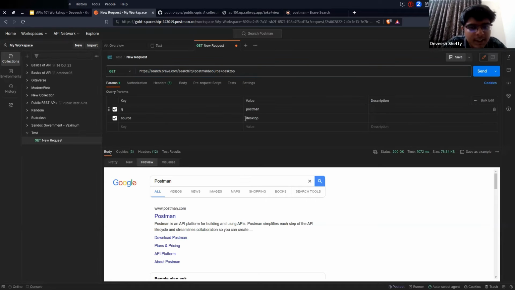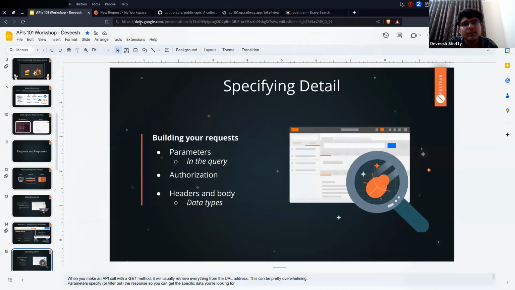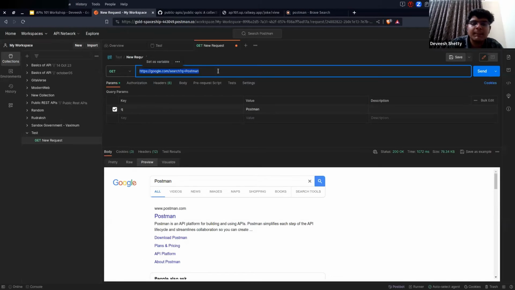So it will show me, see, it is passing a query called Postman, but with the query, it's also passing a source, which is desktop. So it is telling the server the user is using the browser in desktop mode. It will help them to enhance the results more based on how I am querying it. Okay. So you can pass any number of query parameters using the and symbol. Okay. And then the other thing which is here is authorization. As I told once, not all the APIs are free.